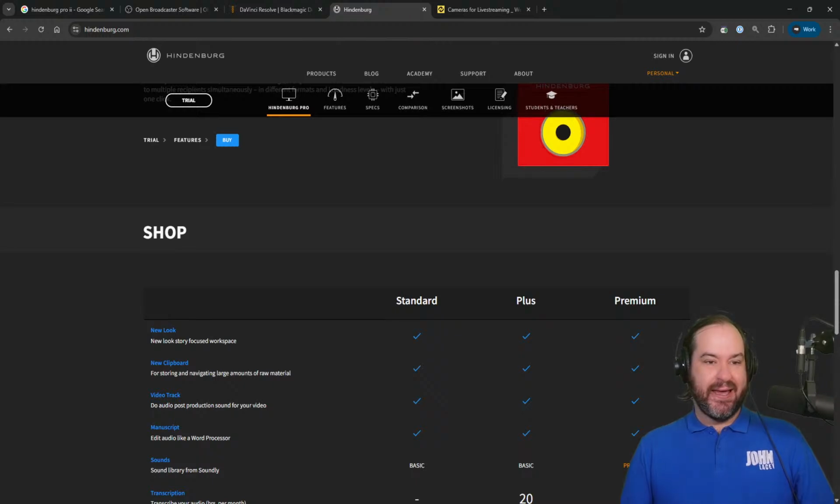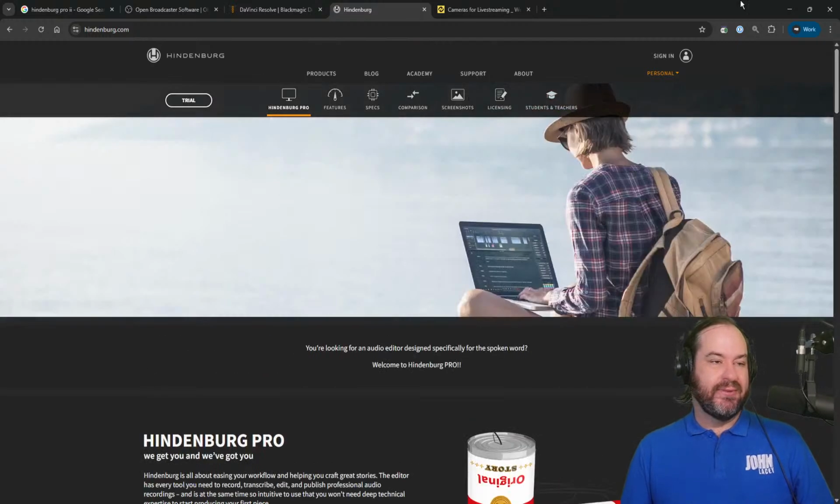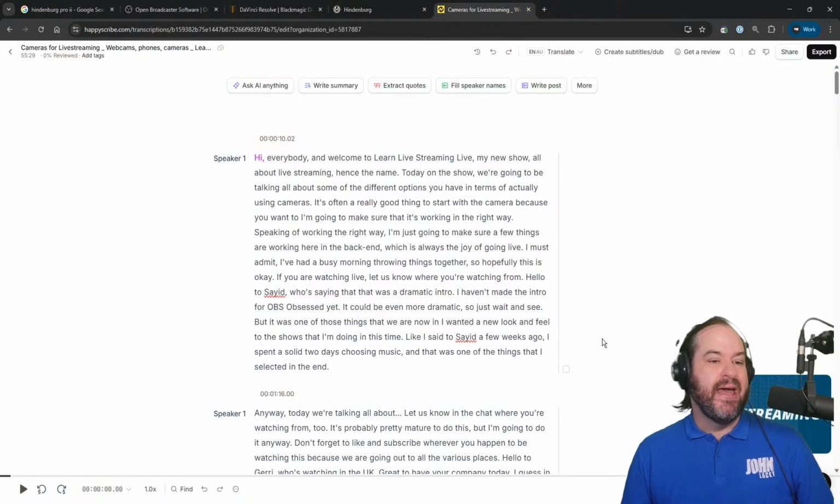But I guess, getting back to the transcription side of this is Happy Scribe, and this is something that I purchased actually from AppSumo. I don't buy a lot of things from AppSumo. I think it's kind of the confectionery aisle of a supermarket. You'll end up buying all kinds of stuff you don't actually need, and I think that's kind of a problem. But in this case,